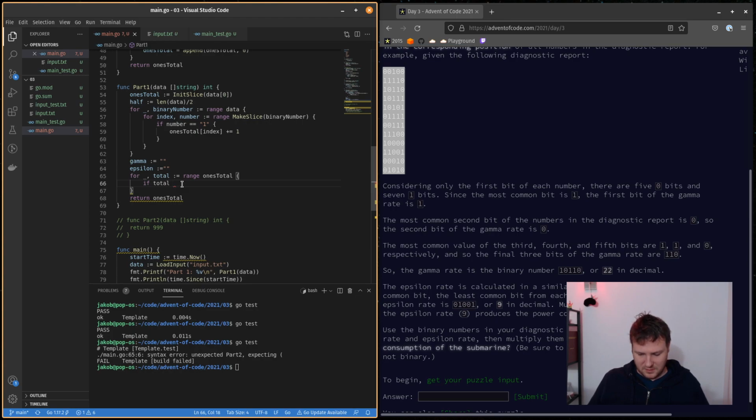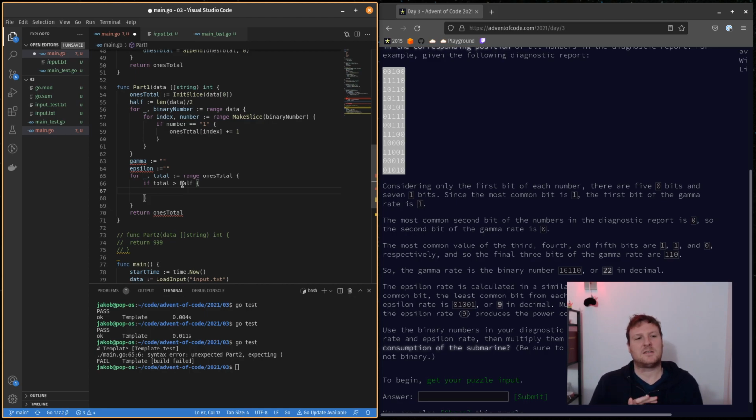If the total is greater than half, that means for this index, for example, we're starting at index 1, the value is going to be that total number. We iterated over it. If there's 1,000, or in my case, how many are there here? 1, 2, 3, 4, 5, 6, 7, 8, 9, 10, 11, 12. There's 12. Half is 6. If the number of times that there was a 1 in it is greater than 6, then it's the majority, right? And what we'll do is